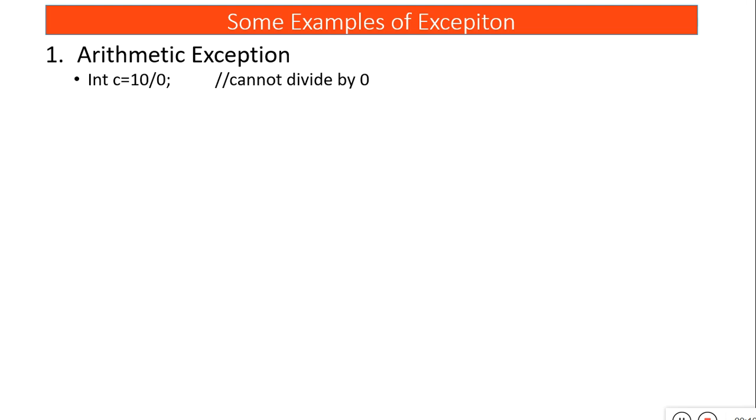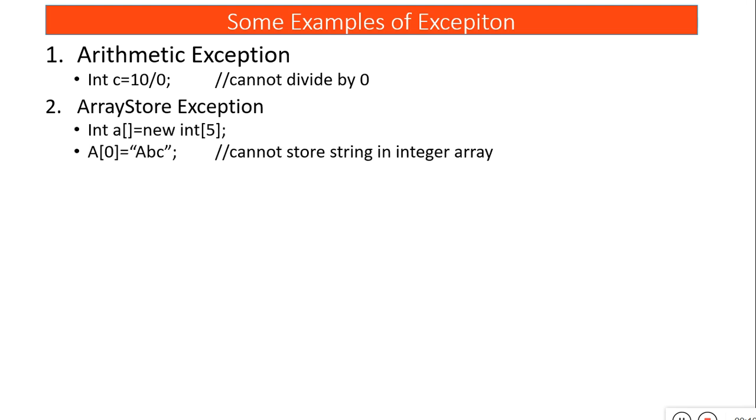I'm dividing 10 by 0, which is not possible, so an arithmetic exception will be generated here. The other exception is the array store exception. What do you mean by that? Here,